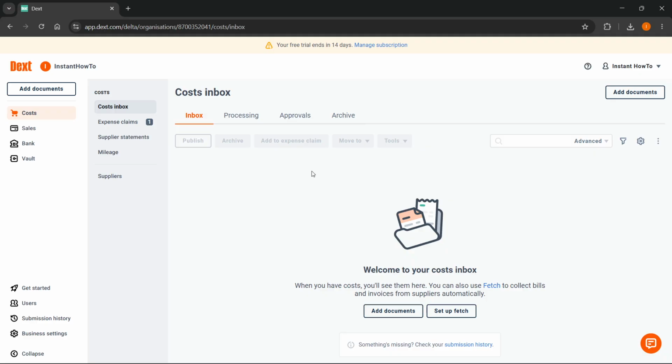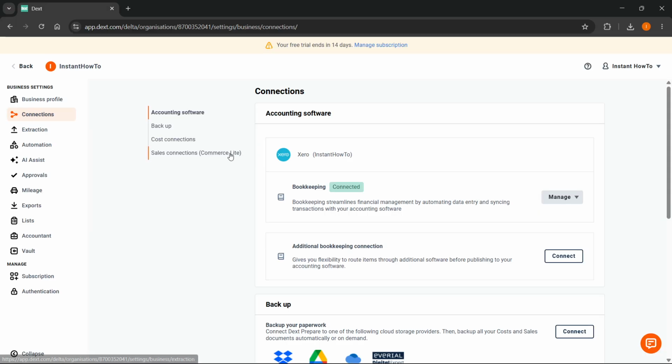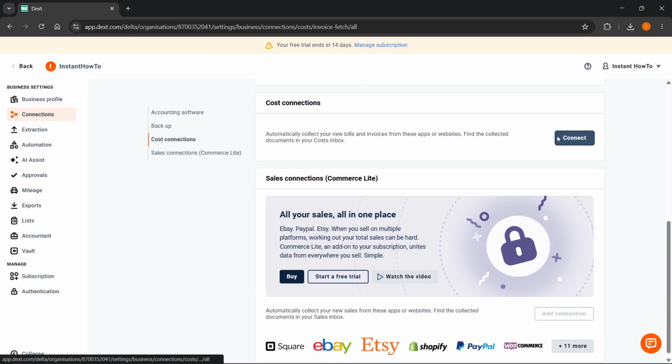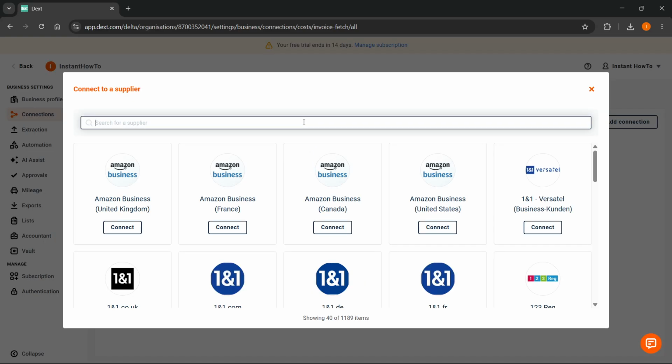Now first, you want to go to the bottom left and click on Business Settings. Then you want to go to Connections, which is the second tab. And now from here, you want to click on Cost Connections on the left and click on Connect. Now yet again, you want to click on Add Connection and search for Amazon,